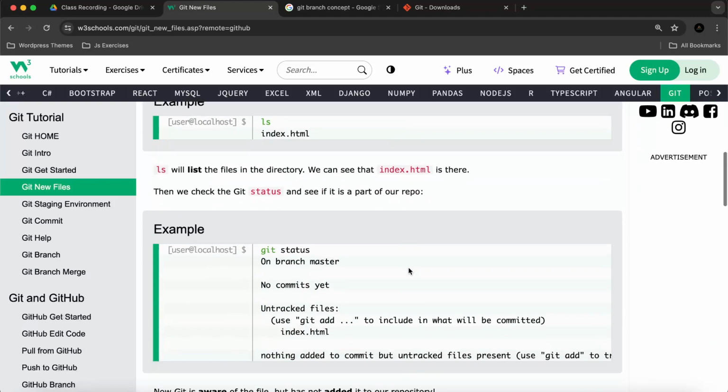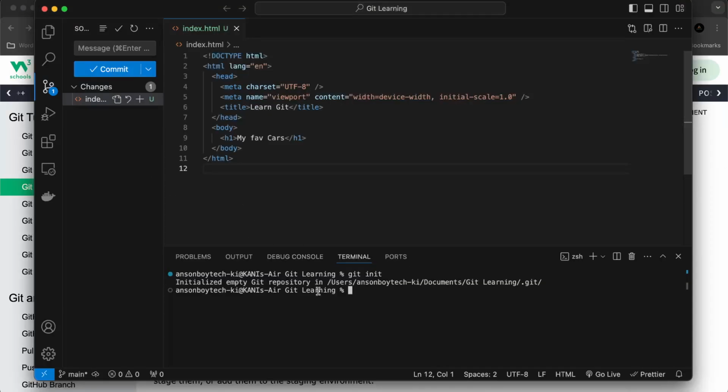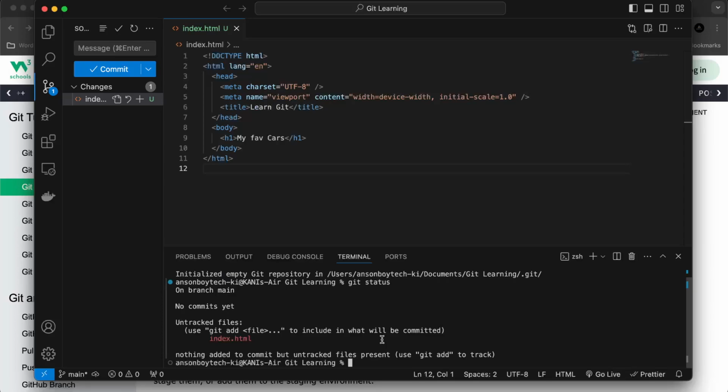All right. So let's say now I have a file. Let's type git status to see what changes we have made. So there is an untracked file. This is saying that we have a file called index.html which is a new change that is not tracked by Git. So what we can do is git add, and we can type index.html